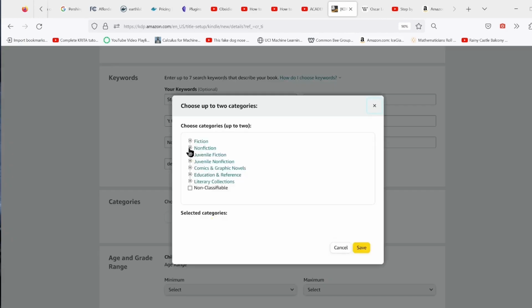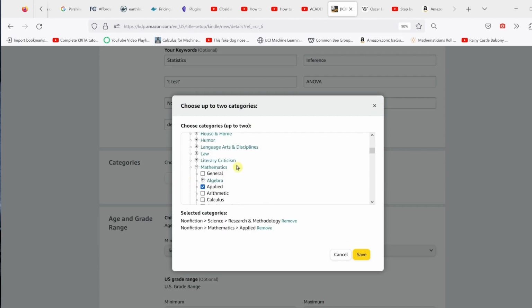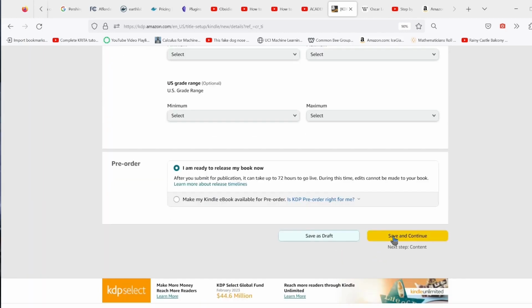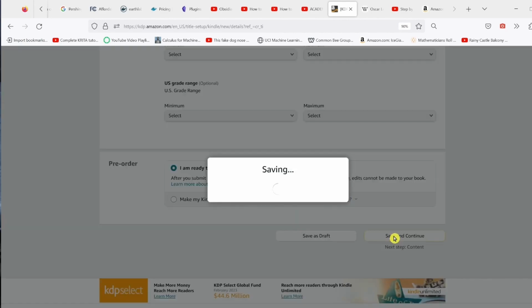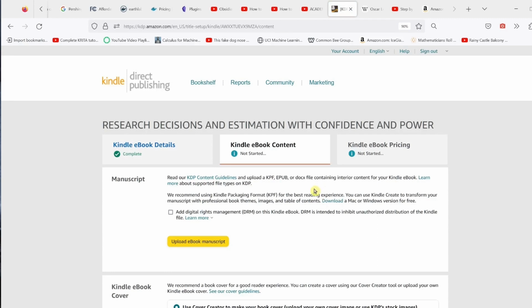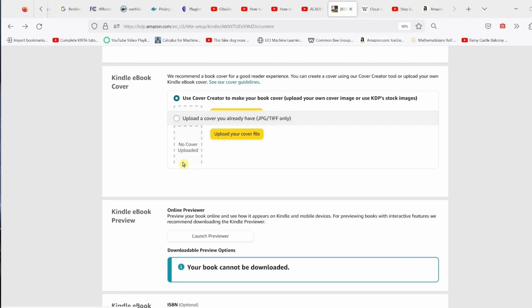Carefully choose the two categories. Skip the children's book part unless applicable. Save and continue when ready. Skip Cover Creator and upload your front cover as a JPG or a TIFF.